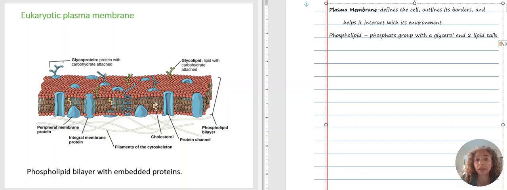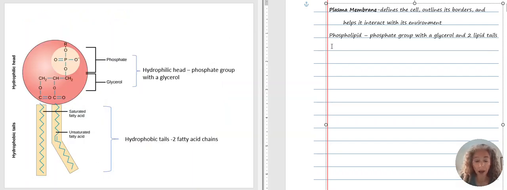And then you can see the lipid tails hanging down. There's actually two layers here. This is called a phospholipid bilayer. And you can see the heads on the outside here, and then again on the bottom layer, the tail is pointing upward. They are oriented in that fashion because those heads are